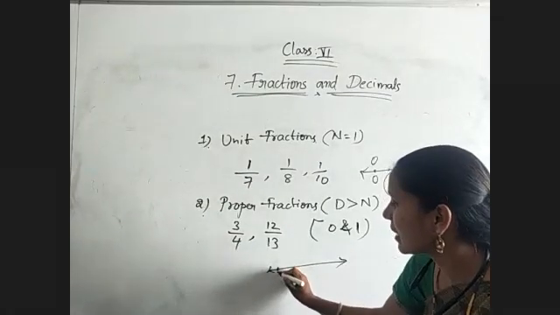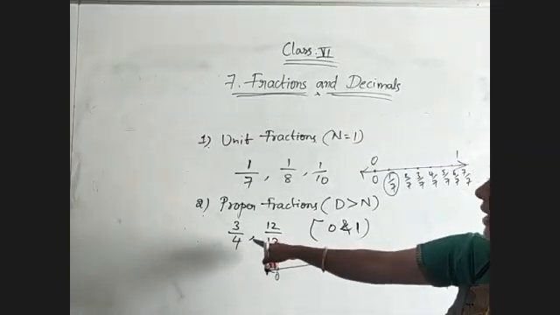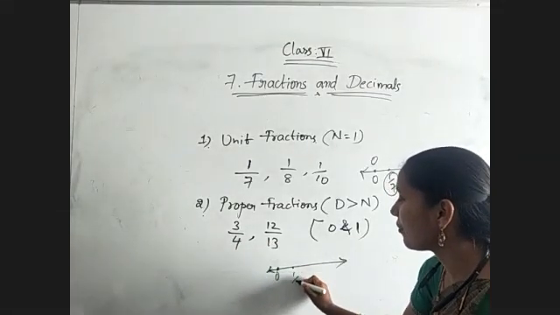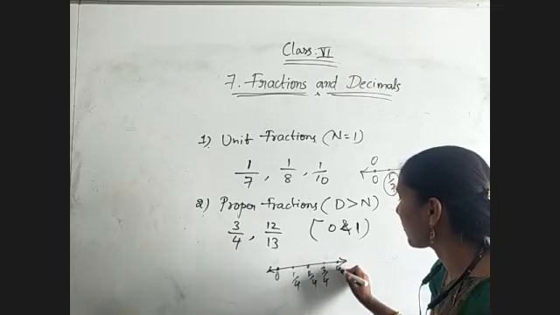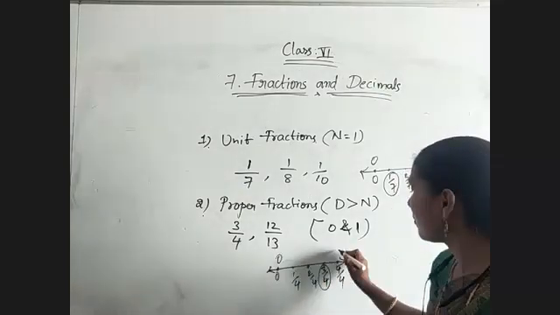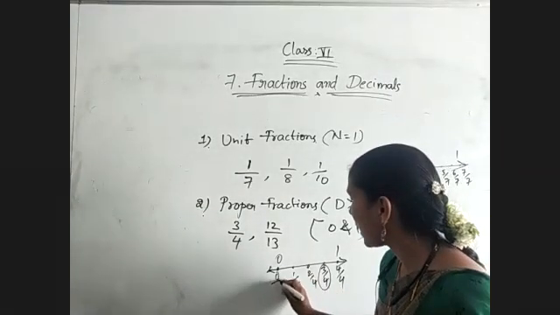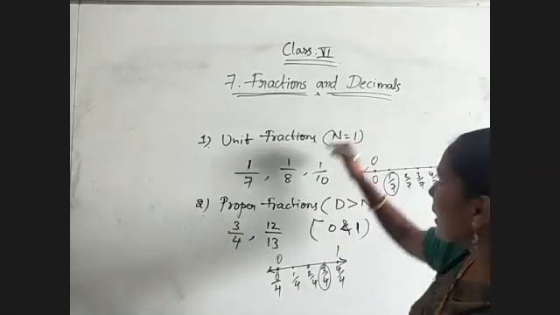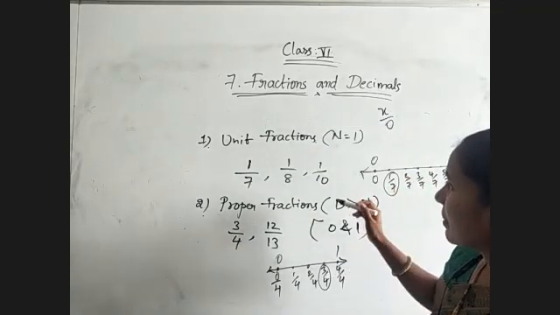Here the denominator is 4, which means 0 to 1 is divided into 4 equal parts. Out of that we need to select 3/4. How? Just observe 0 by 4, 1 by 4, 2 by 4, 3 by 4, 4 by 4. So here we need 3 by 4, and 4 by 4 is 1. So 3 by 4 is between 0 and 1. And remember, we can write 0 as 0 by 4 also. 0 by anything is 0 itself. But any number by 0 does not exist. Okay, so remember this.